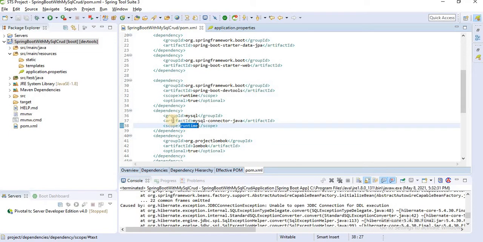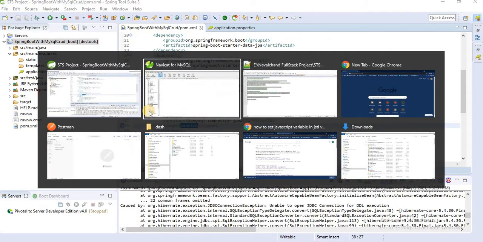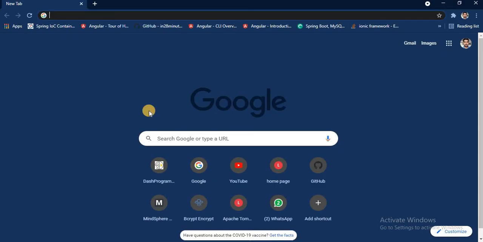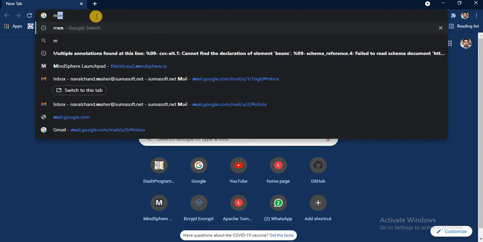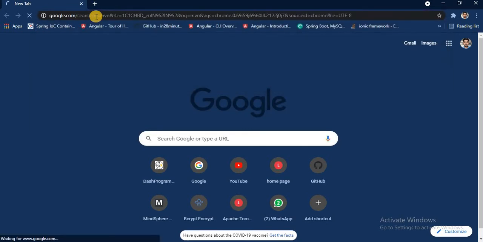So for that we have to add the MySQL 5.1 version dependency. For that we have to go to the browser. Here we type mvn, which is nothing but Maven. Let's open.